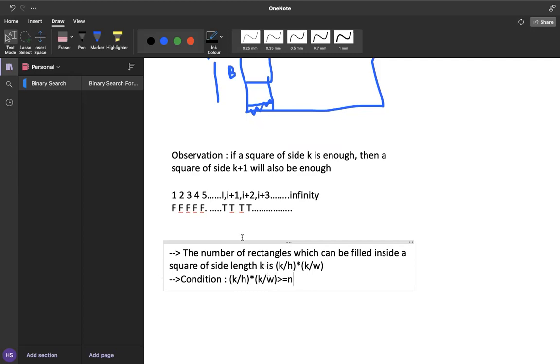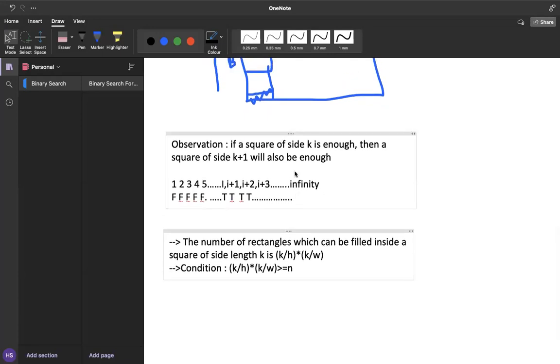So now essentially I have a checker function which can check for any value of k whether it is enough or not. And now essentially I have all the tools required so that I can do a binary search here. Right. And in a sense, I have solved this problem. So does anybody have any doubts in understanding this before I go on and start to implement this? Okay, so if there are no doubts, I'm just going to go ahead and start with the implementation of this problem.